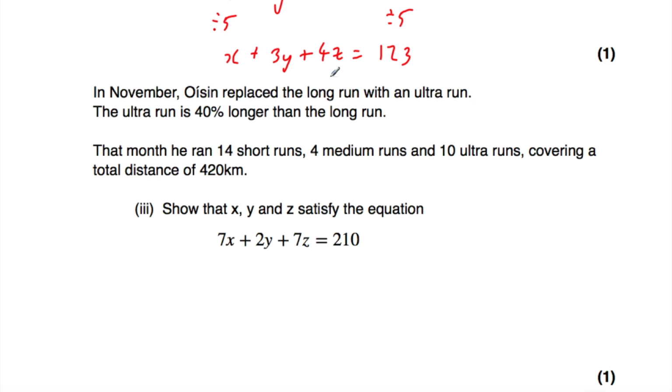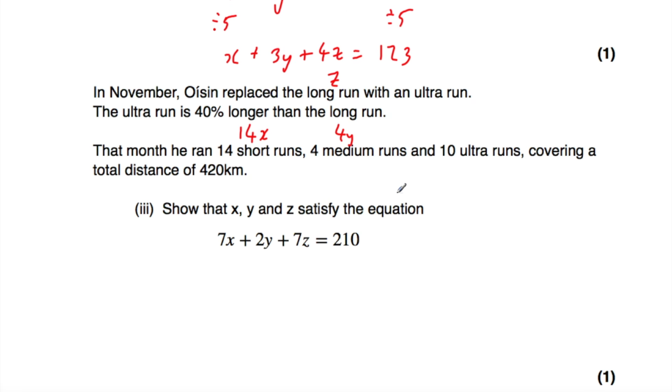Okay, and then if we carry on, we're told in November, Oshin replaced the long run, so remember the long run was z, with an ultra run. And an ultra run is 40% longer than the long run. So it's 40% longer. And then we're told that month he ran 14 short runs, so that's going to be 14x, so 14x because each short run was x kilometres. 4 medium runs, that's 4y, and then 10 ultra runs, covering a total distance of 420 kilometres. And we've been asked to show that x, y, and z satisfy the equation 7x plus 2y plus 7z equals